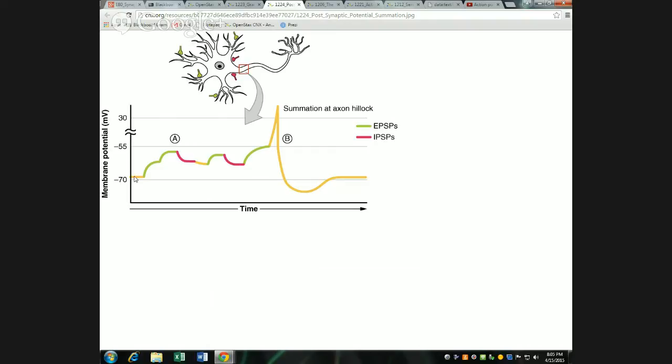Down here at resting potential, that's kind of a yellowish color, right? Okay. And then green shows us a depolarizing graded potential. And then more green shows us summating on top of that, another signal. And then purple shows a hyperpolarizing current that brings it down. And then the surprise to me that I didn't realize until a student pointed out, this is actually yellow again,